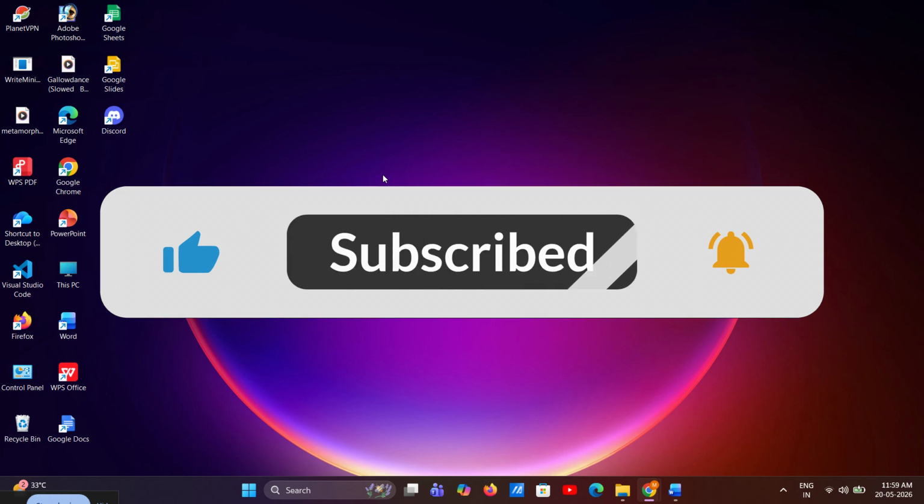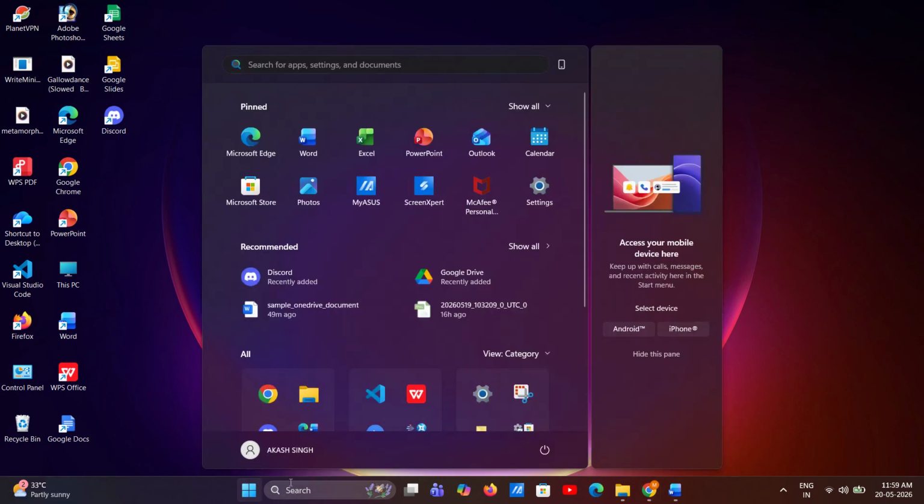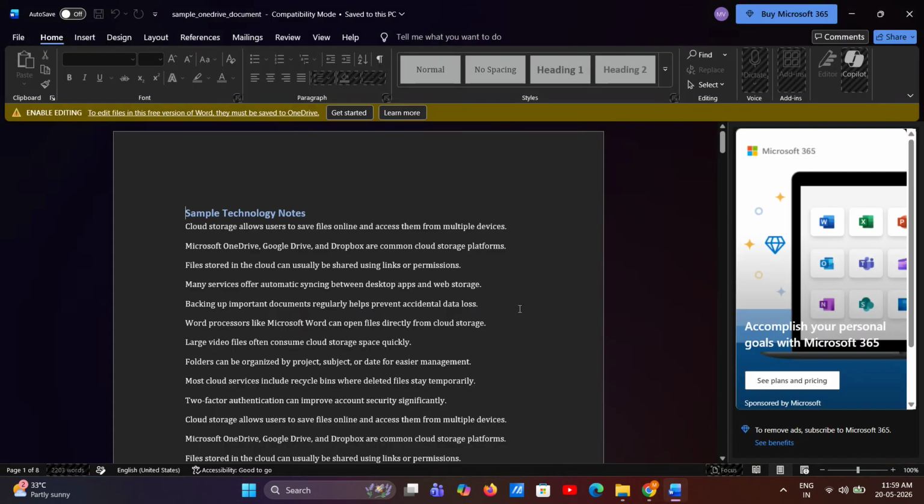First, open Microsoft Word on your computer. You can do this from your desktop, start menu, or applications folder depending on your device. Once Word opens, either create a new document or open an existing one that you want to save to OneDrive. If you already have your document ready, that's perfect because the next steps are all about moving it into cloud